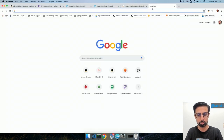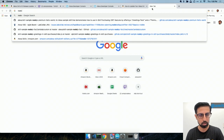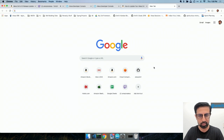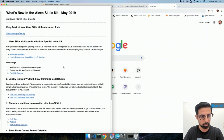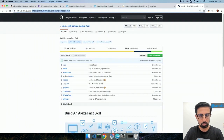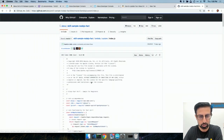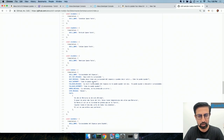But then there is also a Node fact skill that is available. I don't think it has been updated for the Spanish model, but it's a good start if you want to play around with it. I think I had a link on here somewhere. There it is. So let's look at the code for this one. If you go into Lambda and then index.js, you will see that there's the